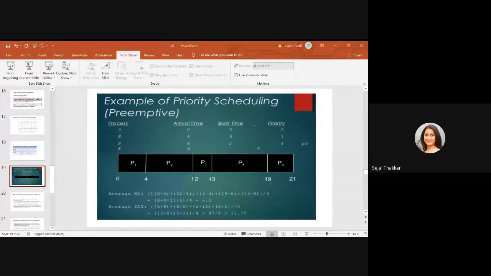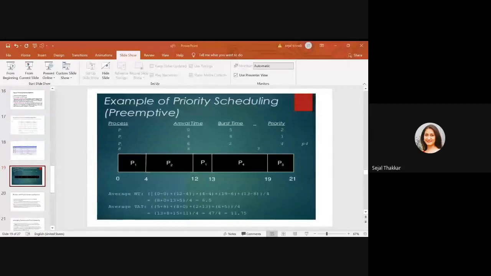Now what is the problem? The problem is starvation, because if only the higher priority process runs, the lower priority process will not get a chance. And what is the solution? The aging technique is the solution. It means you are increasing the priority of that particular lower priority process by 0.5 every day. Suppose my priority is 20, which is the least priority, but every day it increases by 0.5. If I apply the aging technique, the next day I have 19.5, then 19, then 18.5, then 18. So the process will get the chance.